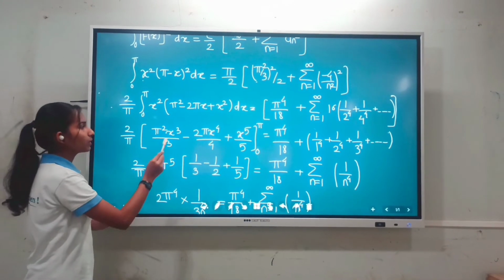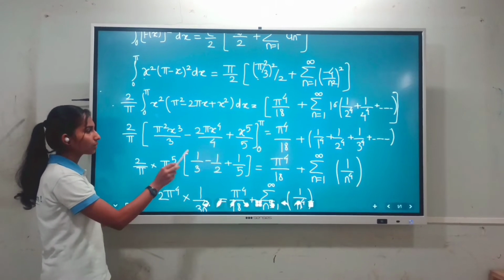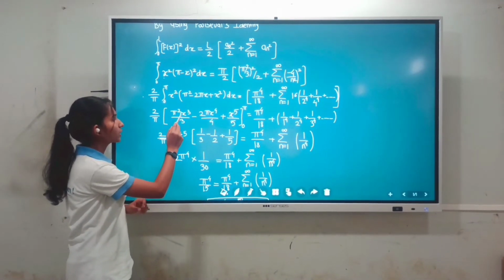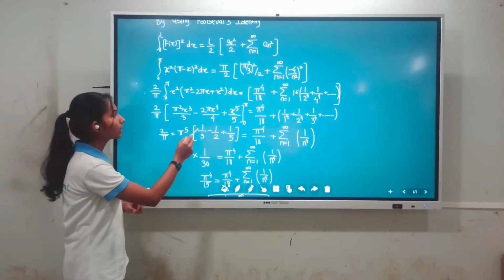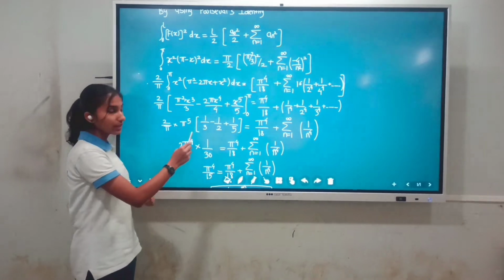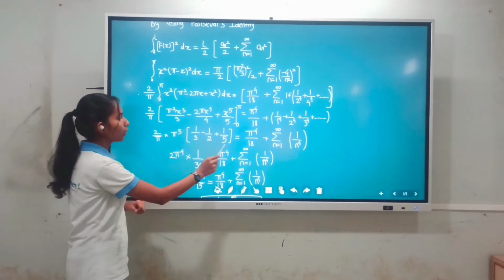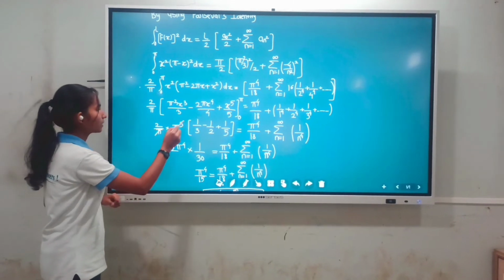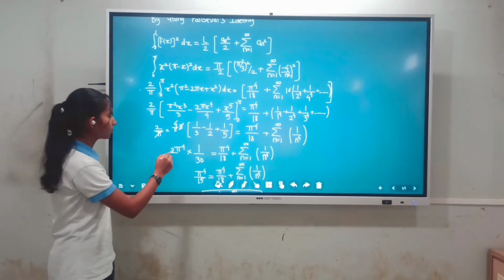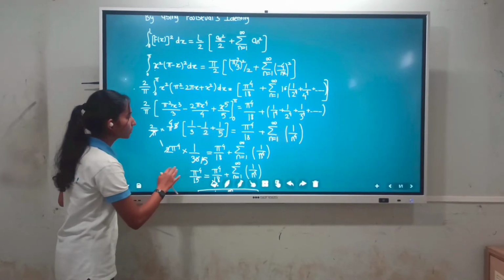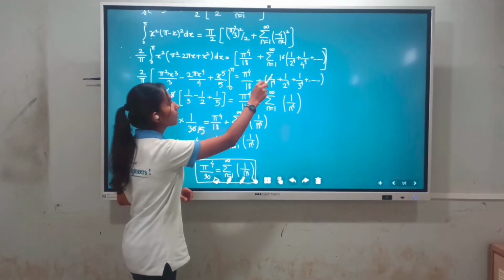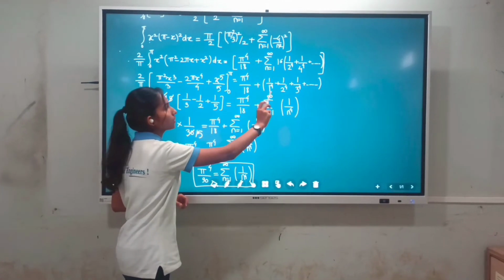Now in place of x, we will put pi, the upper limit, and we will put the lower limit. Now we put pi in place of x, and it will become pi raised to 5 upon 3, pi raised to 5 upon 2, and pi raised to 5 upon 5. Now we will take pi raised to 5 as common, and we will solve this. We get 1 by 30, and this pi will get cancelled, and here pi raised to 4. In the next step these two will cancel, and here is 15, and here pi raised to 4 upon 18, and this will be as it is.